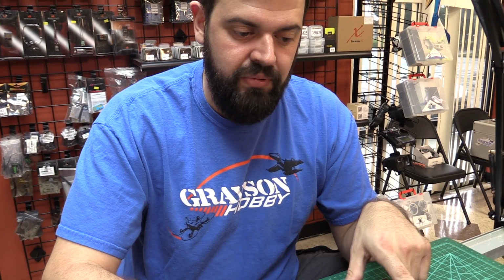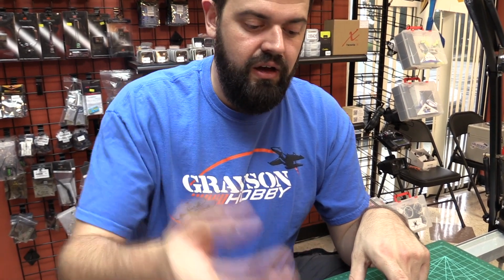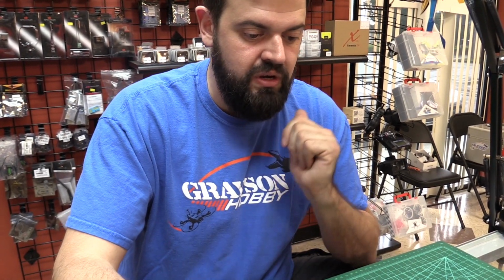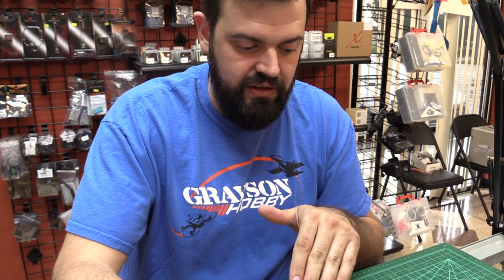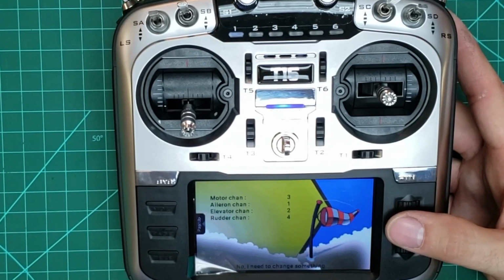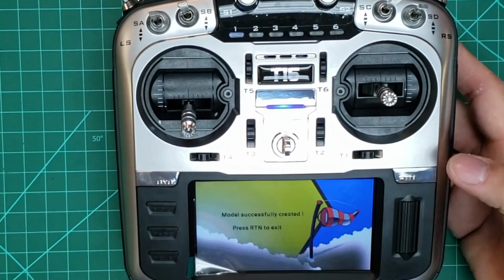However, with the Jumper radio, you do need to set up even a Spektrum radio in this mapping with this module. You can update the firmware in the module to change it, but as it comes out of the box, that's how it is. Then you'll click and you'll go, yes, all is well, create the plane, enter, then successfully create it, hit return to exit,